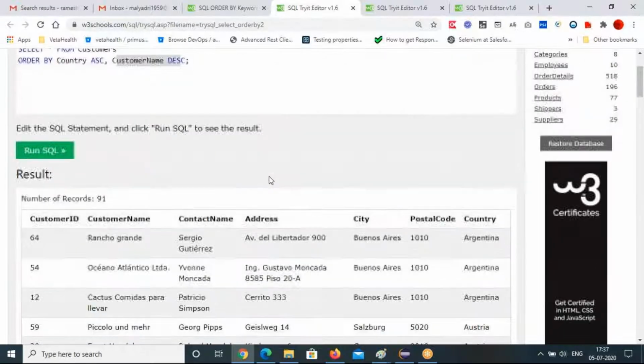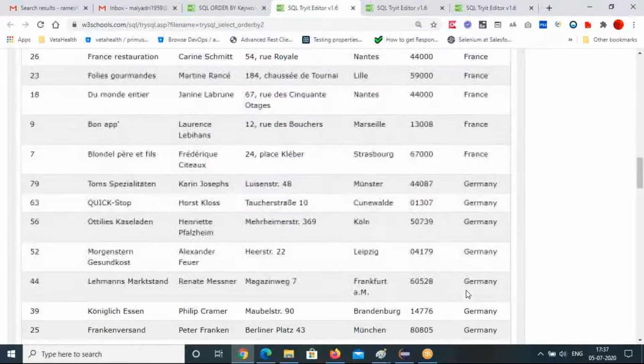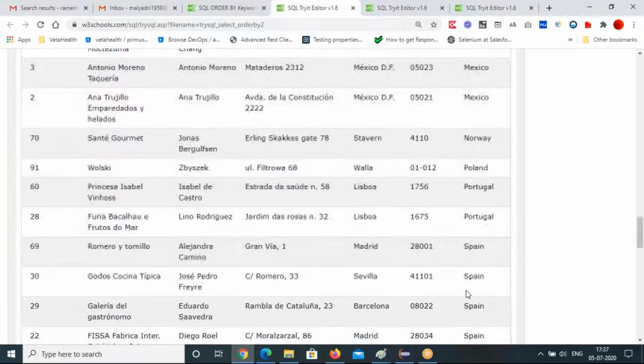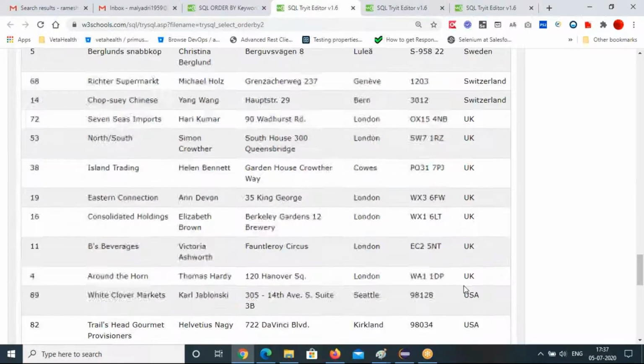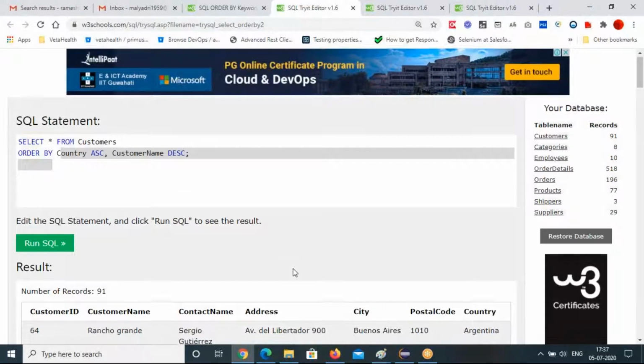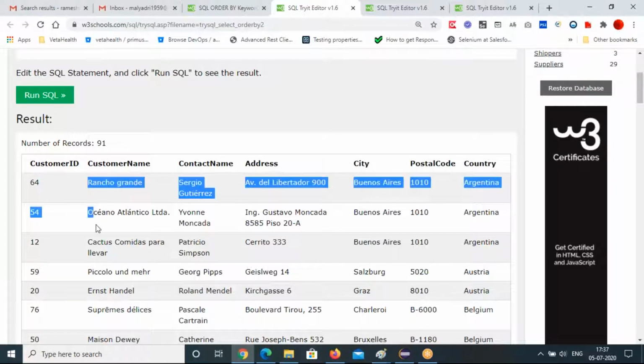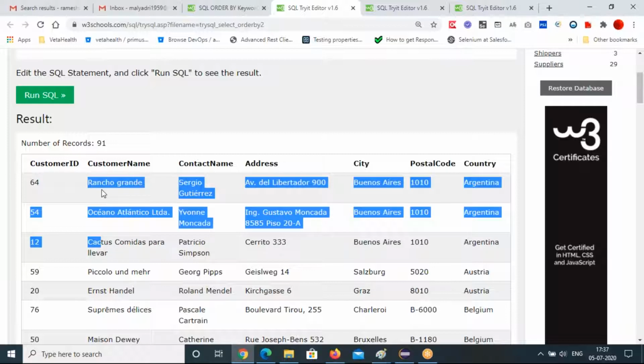The first one is only ascending order, meaning first letter to last letter. That's what it did first. Descending order means, here, Argentina is arranged descending. You see that.